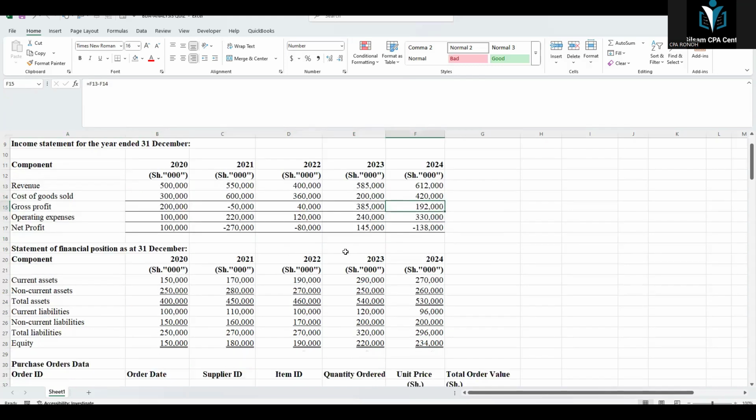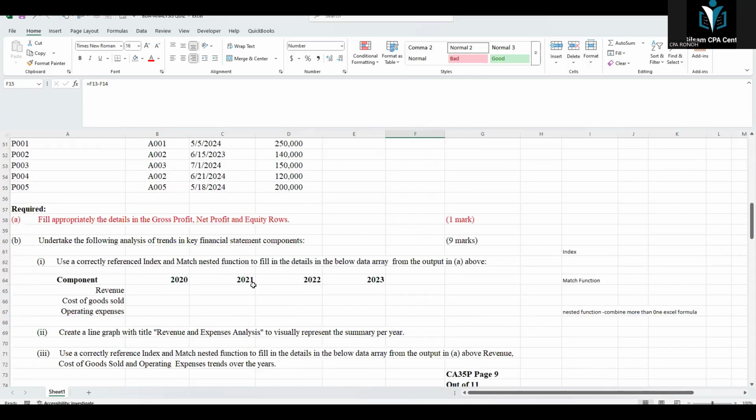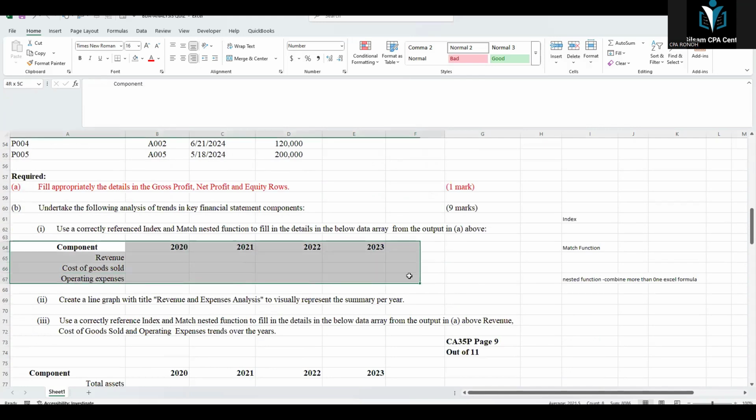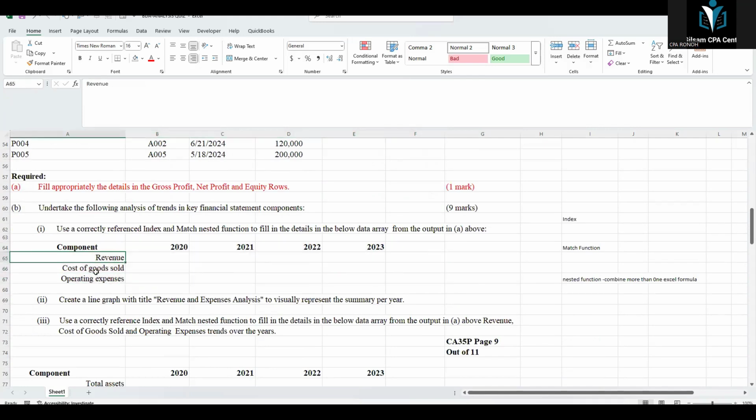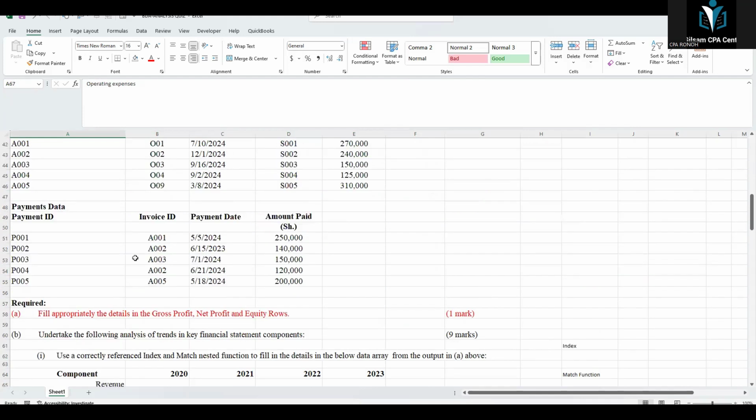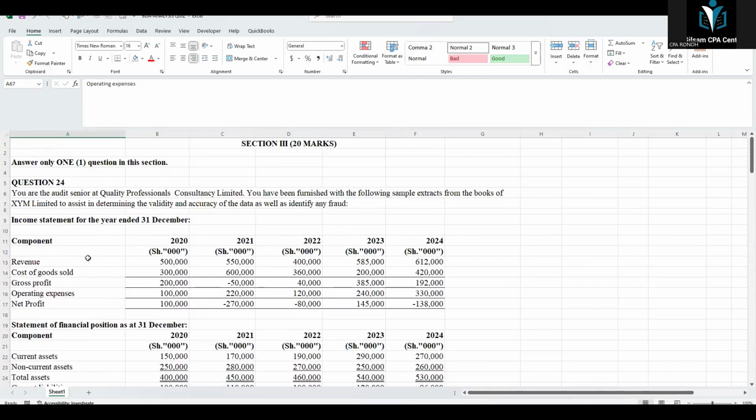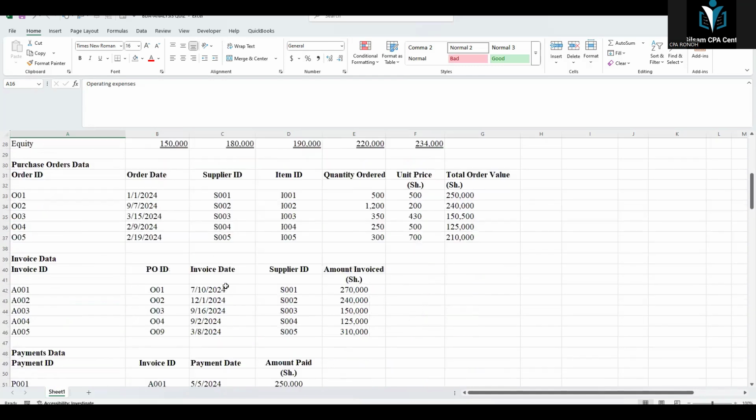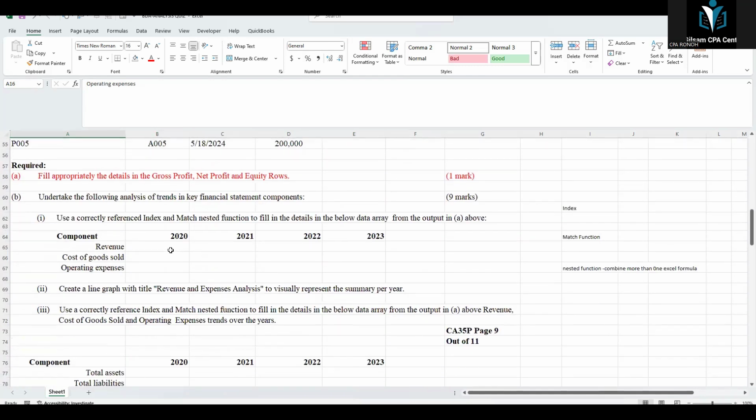So I can now easily work with my index and match to fill in this information. First, do we have the cost of sales and the operating expense? If you check here, yes, we have the revenue, the cost of sales, and operating expense. So it will be very easy for me now. What I just need to do is come here and say equals